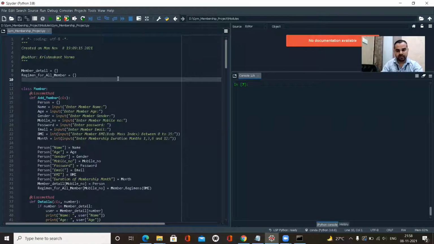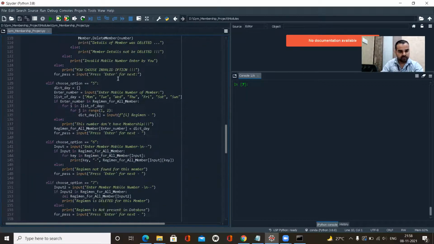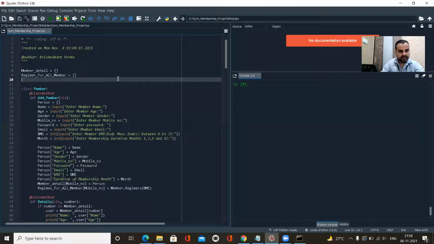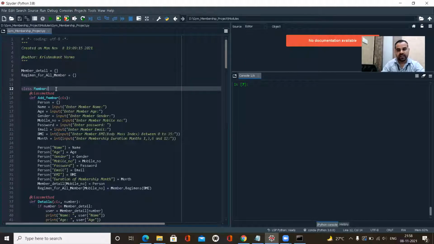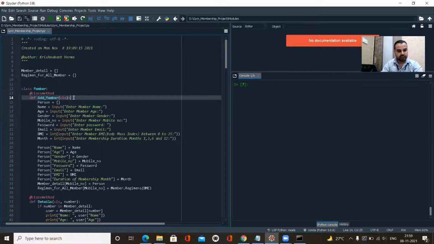So here's my program. All the program is written, and I'll explain all the things I have written here. At first I have created a class, that is Member. In the class I have used a class method, and under the class method I have defined another function, that is add member. Under add member I'm taking all the inputs, like name, age, gender, mobile number, all the details which you have seen earlier.